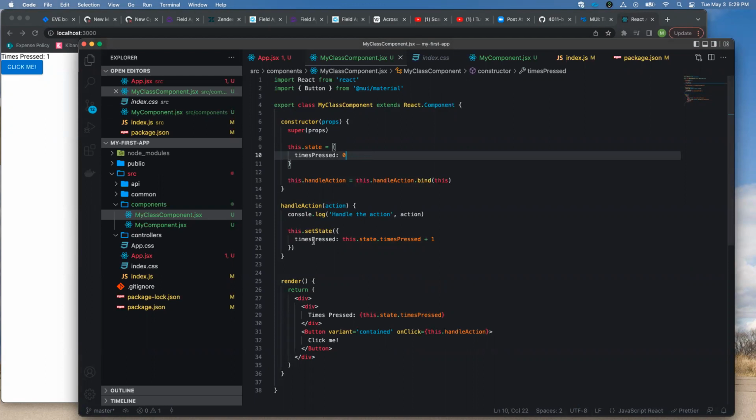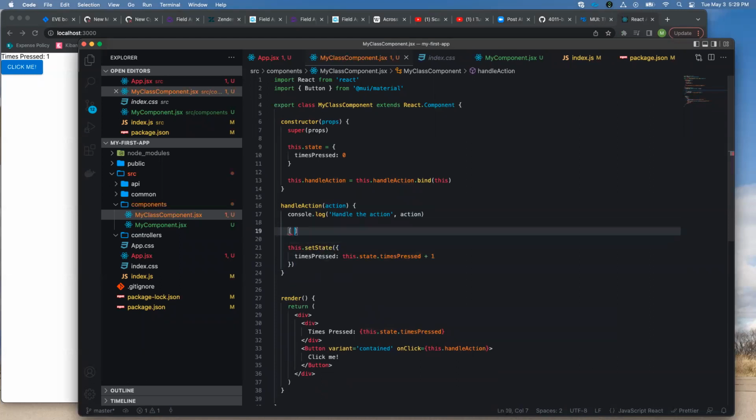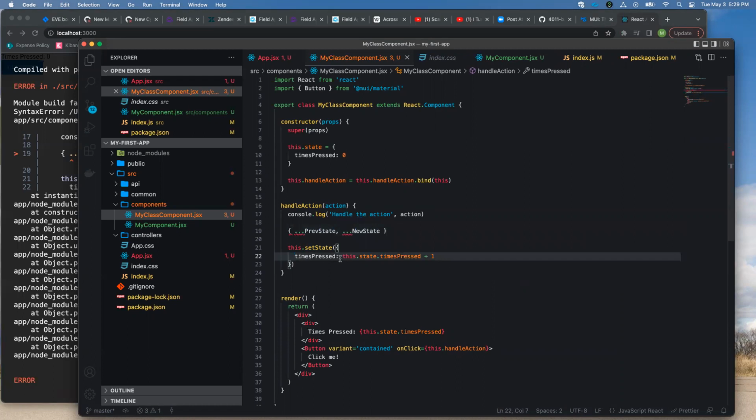And I can also show you that when you call the set state function, under the hood, it's taking this object and it's doing a spread on it. So previous state and new state. So you don't have to give it the entire state object, and we're going to add more keys to this so you can see what I mean. But it takes whatever the previous global state was, this entire object, it spreads it out, and then it takes whatever you give the set state function and spreads it out so that all previous keys still exist when you add new state. So what I mean by that is